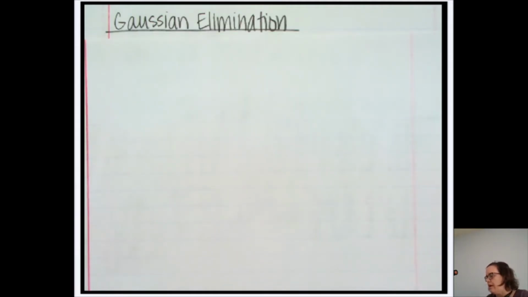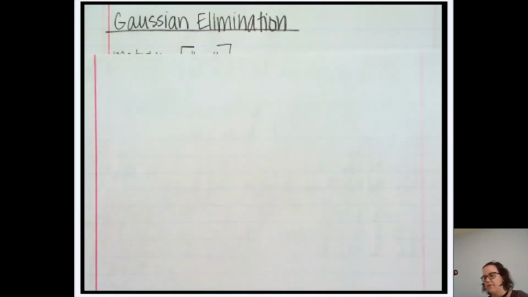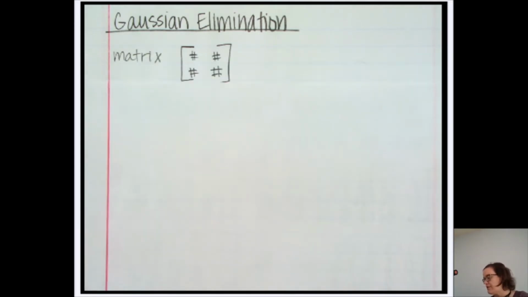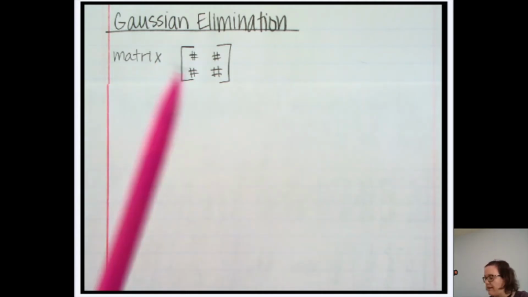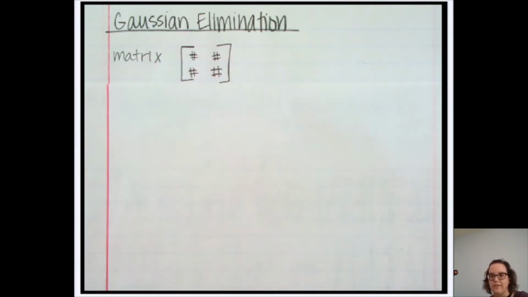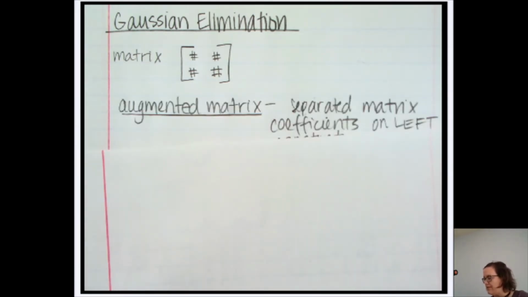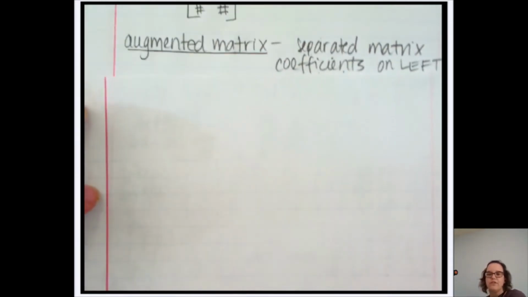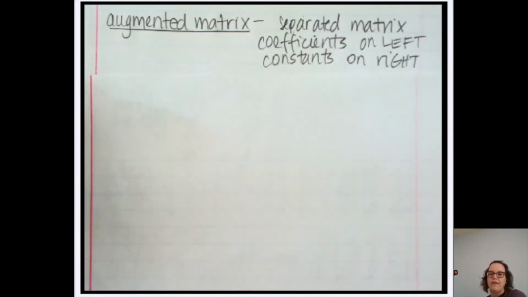So Gaussian elimination, first of all, has to start with an augmented matrix. Okay, and so let's talk about what a matrix is first. A matrix is just a list of elements or numbers, and we do use the brackets to signify a matrix, and they're usually named by a capital letter like A or B. Okay, an augmented matrix is a separated matrix, and we have coefficients on the left and we have constants on the right from an equation. So augmented matrices represent